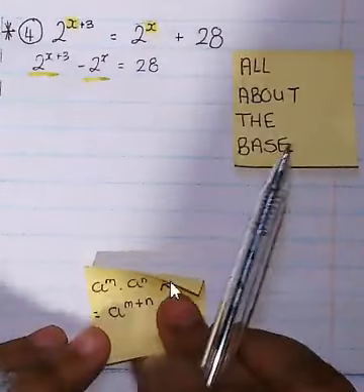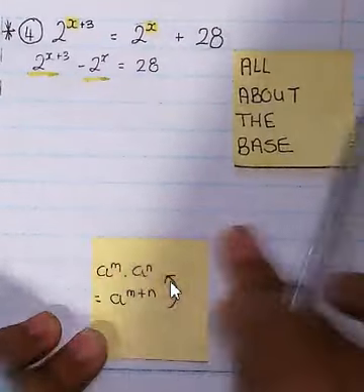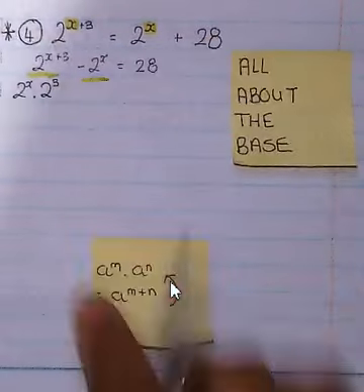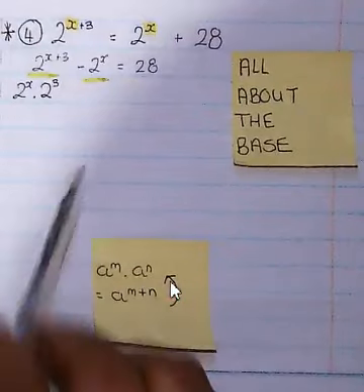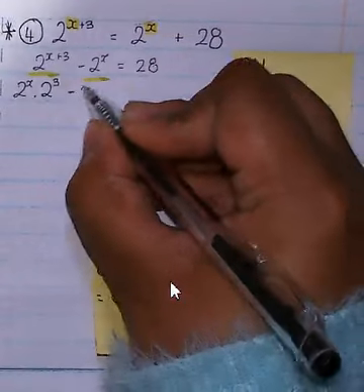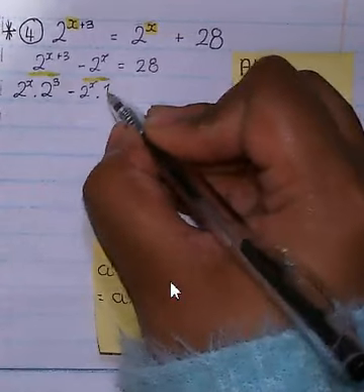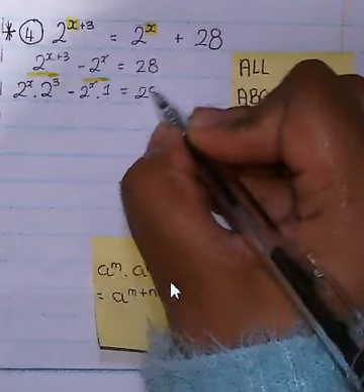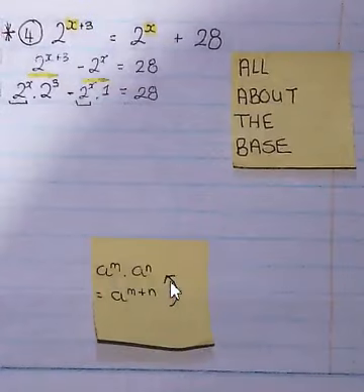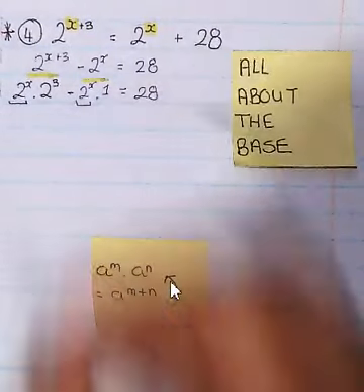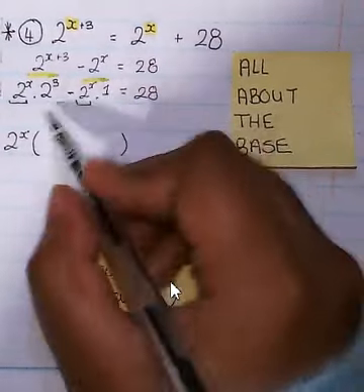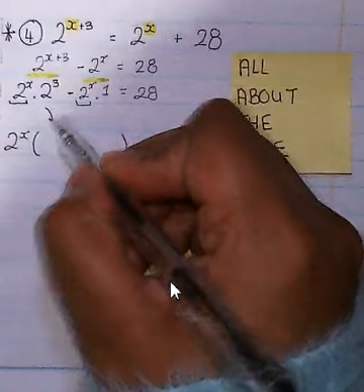So I'm going to leave this on here so that you can see it. So we are going to say 2 exponent x multiplied by 2 exponent 3, because that will still give us 2 exponent x plus 3, and then we leave this one alone. This is 2 exponent x multiplied by 1, all equal to 28. Now at this point I want to get this guy alone, so I'm going to remove it as a common factor. So we say 2 exponent x, and then what's left is 2 exponent 3